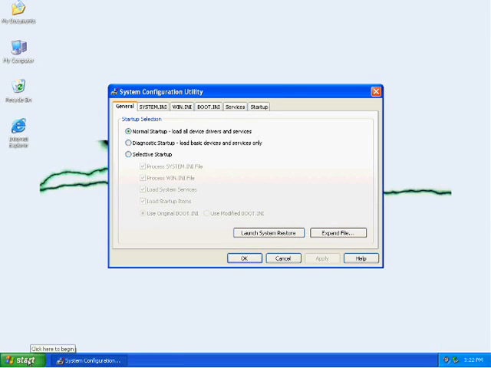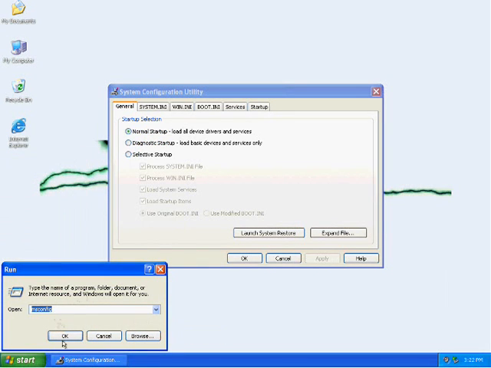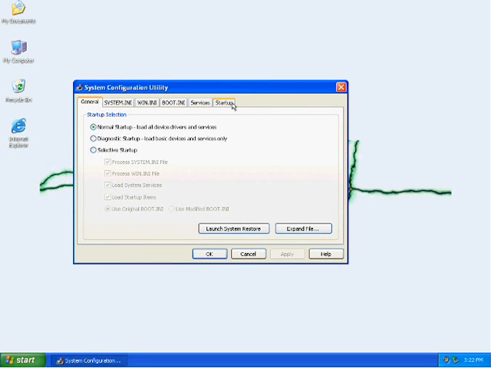There's another way to get to the run box if you need to: click on your start menu, and then click on run. So we've got the msconfig window up here, and this is going to allow us to change some of our startup options. First, you'll want to click on the Startup tab,